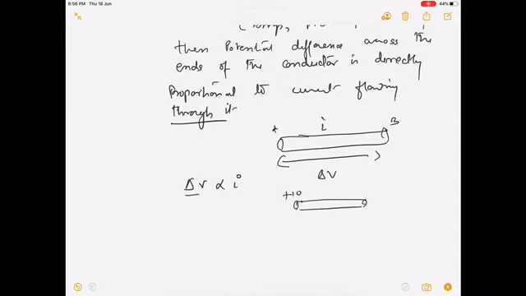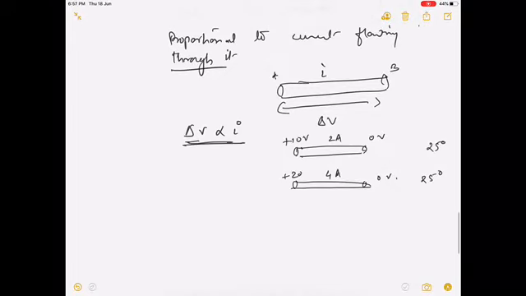That is, for example, if this is the conductor and the potential across them is 10 volts, that is, this is 10 volt and this is 0 volt, so potential difference is 10 volt. Then let I be the current flowing through it be 2 amperes. Then again the physical condition is same. Temperature, if it is 25 degree, then in second case also temperature is 25 degree. Then if potential is increased to 20 volt and here the potential difference is 20 volt, then current will be 4 ampere. As potential increases, current also increases. So this condition prevails only when other physical conditions are constant.